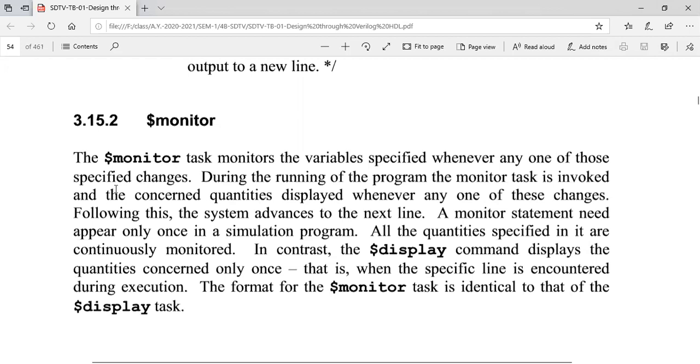So that means you want to observe something continuously, and based on that, the output has to be varied. For that purpose, we are using this monitor. This is the same thing we are mentioning. Task monitor: whenever any one of the specified variables has any change.